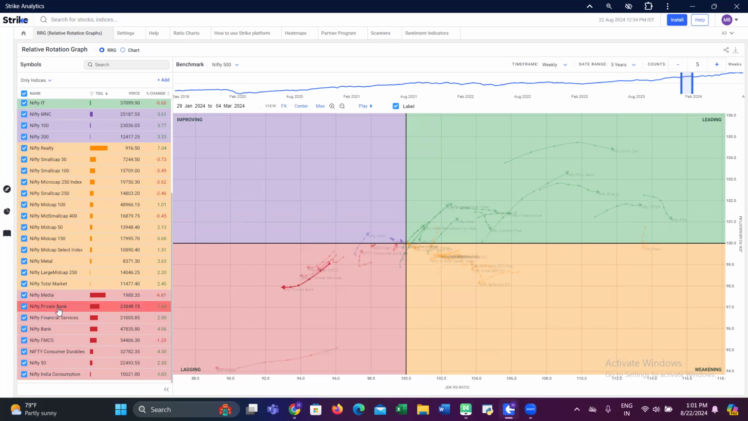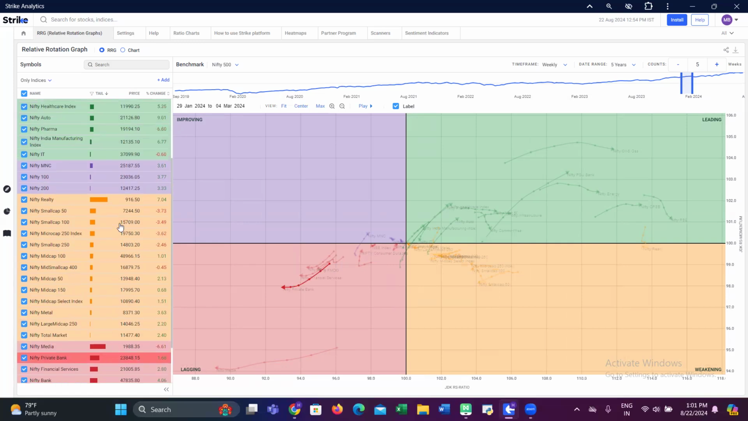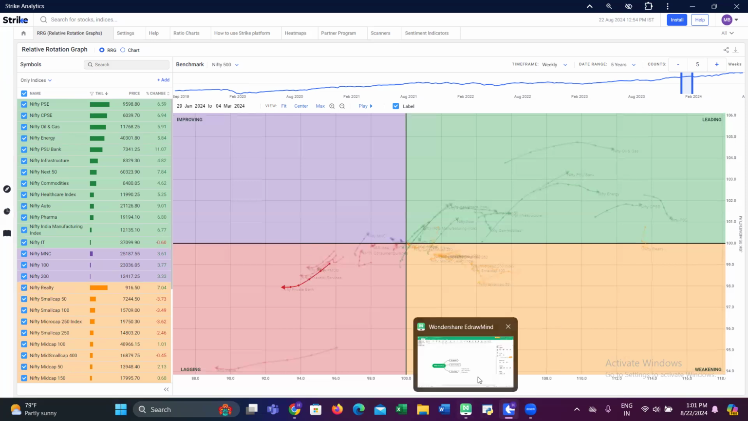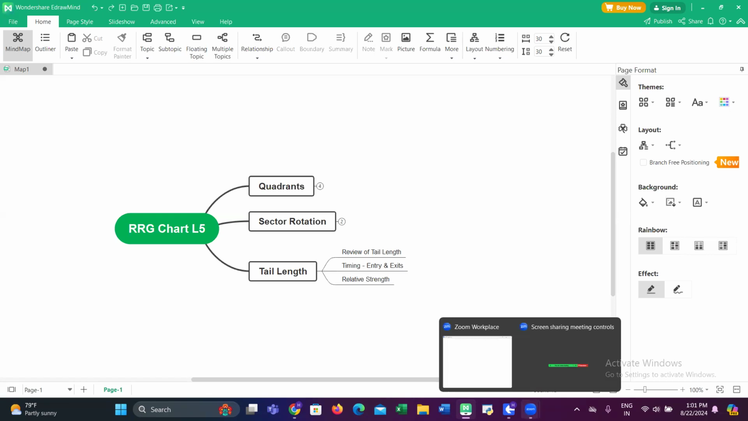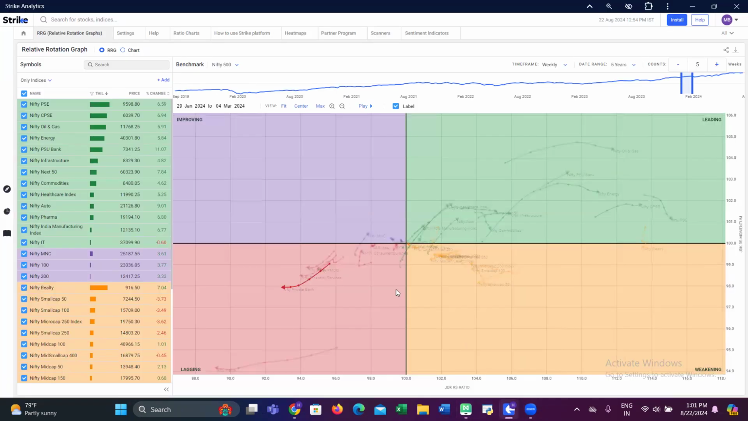Against the Nifty Private Bank, against the benchmark, how much it has changed, and what is the length of the tail? So these are the things that you can look for when it comes to the tail length review. Timing, entry and exits, of course, everyone has a different risk appetite, and I covered this in the previous